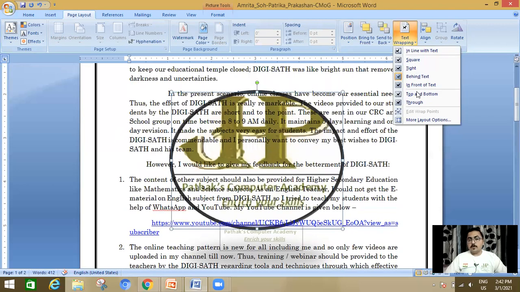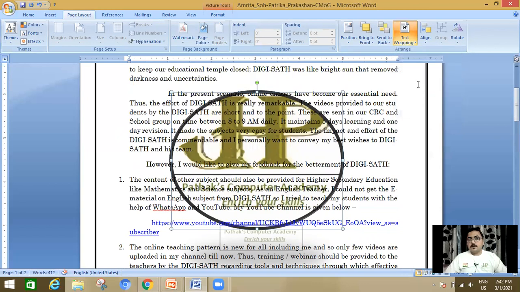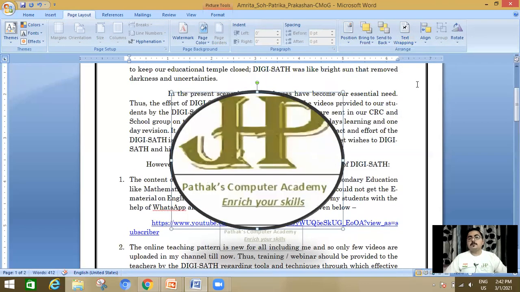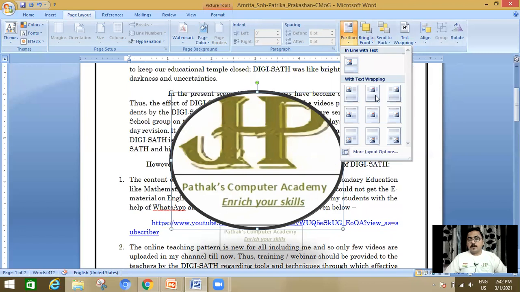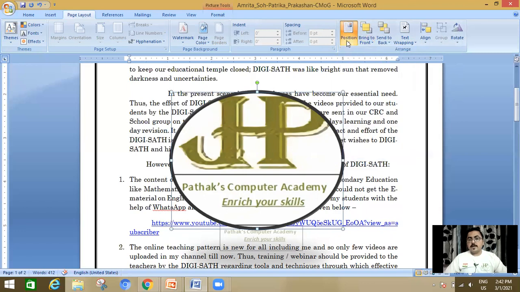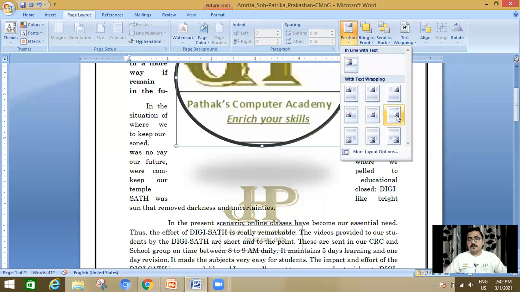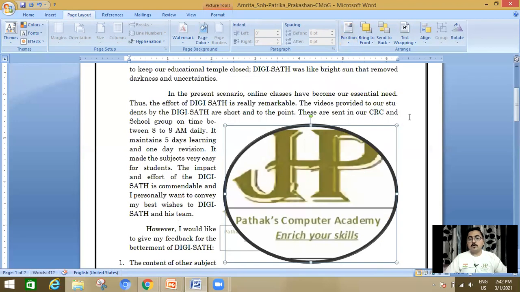So, based on your need, you can select this option. Bring to front, send to the back. Okay. So, based on your need, you can select the position where you want to insert your picture.